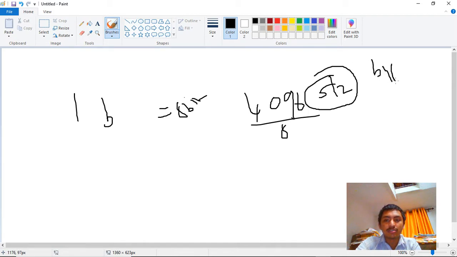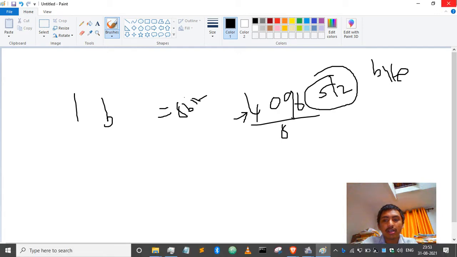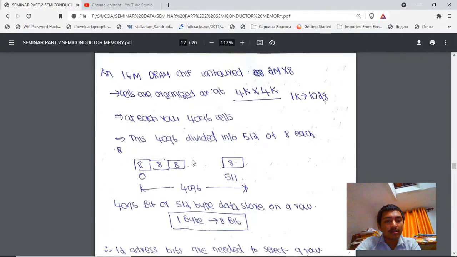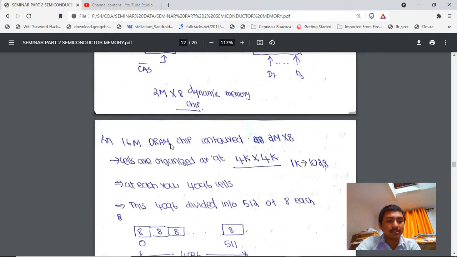This is the byte, and this is the bit. Clear? So as we discussed, 1 byte contains 8 bits, so there are 512 bytes of data, with addresses from 0 to 511, and 4096 bits of data in total. All this is how the data in a 16M DRAM chip is situated.